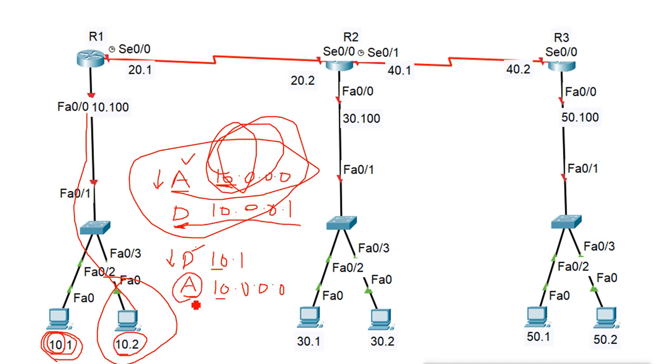So the sequence is important to create the list, any list, whether it is standard or extended. So we can say the important entries must come first: deny entries should come first, then allow entries should come last. Now if you have not mentioned any entries, then remember there is an implicit deny all entry, and it will deny everything.